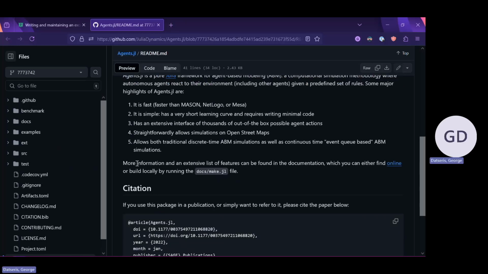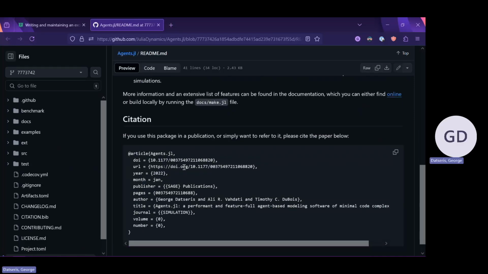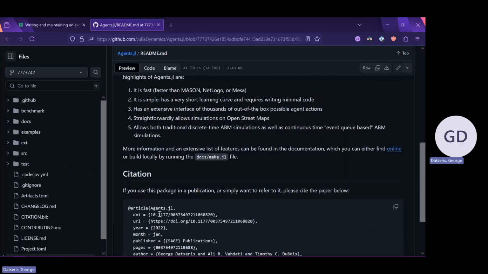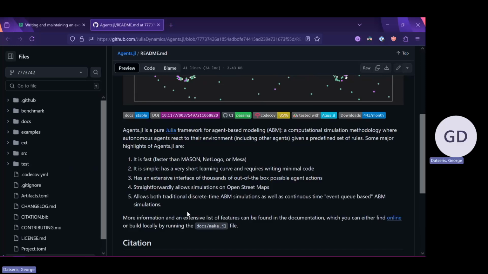And then it says, okay, more information can be found in the docs online. I actually skipped this component over here that are badges that also provide links to other regions of the documentation or the test suite or everything else. And then it closes with a citation. This is it, guys. It's really something very simple, but yet you'd be surprised how important this is because you want someone to know at a glance whether they should invest time at your software or not. So this makes a good experience.